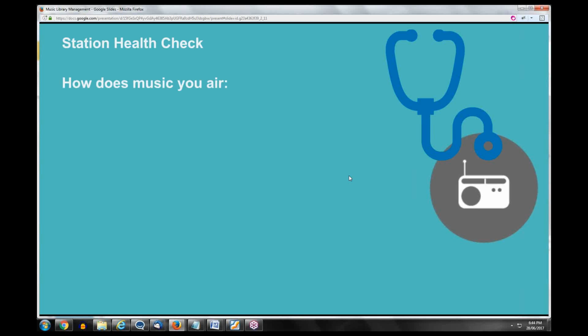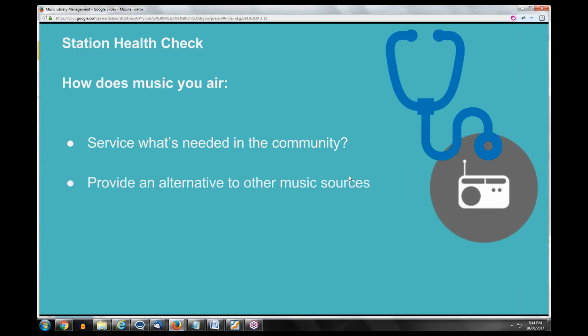So then move to consider the music that does get put to air and how it services what is needed in the community. Do you have a community that thrives on supporting local talent? Is it a close-knit community with a lot of musicians? Are you putting a spotlight on these people? Does it lean to promoting music of a specific culture or a specific genre of music as well? And does it provide an alternative to other music sources? Does it give listeners sounds that they wouldn't get from maybe commercial radio or even other stations or music providers